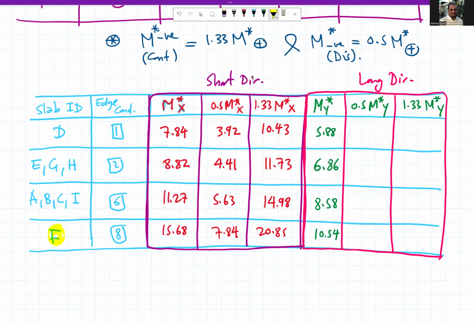comes all from F. So we have these values here, and the positive moment is here. Okay, because it has a maximum factor. That's why it has the maximum values of the moment. So here we have, because it is on the edge, like a single slab on the edge. So if we look here, 5.88 times 0.5 gives us